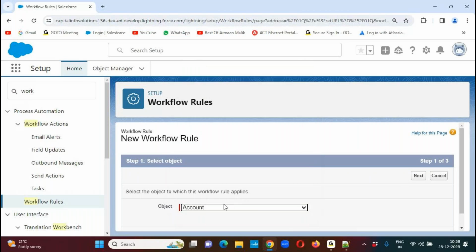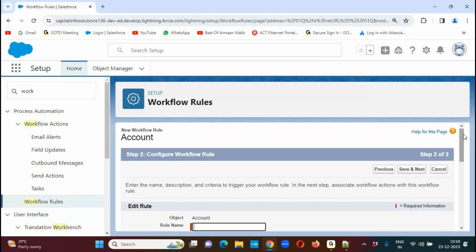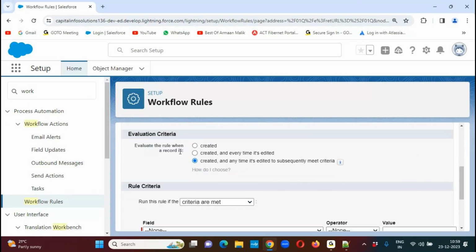Select the object name, only one object. That's what I told you. Each workflow rule should be associated with an object here. Now click on next. Now we can specify the workflow rule details, when the workflow rule has to get